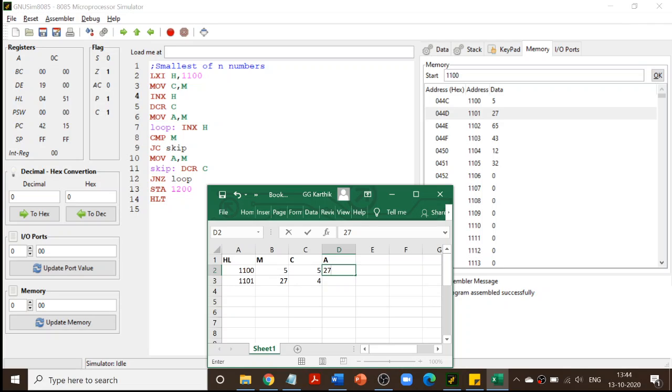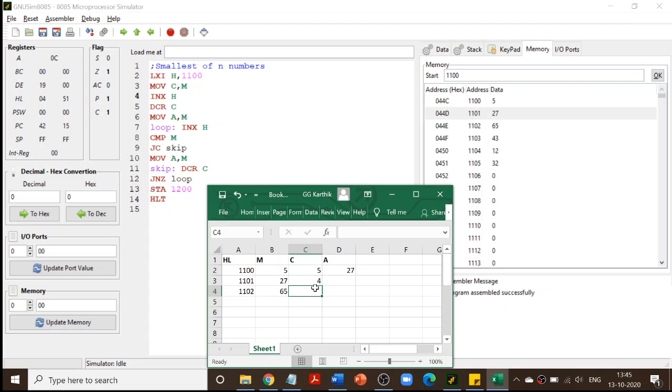Again I am going to say INX H, line number 7, which means increment the HL register pair. The HL register pair becomes 1102. So I have incremented the HL register pair. To make things easier, I specify my M value is 65. You can see the memory location 1102's value is 60, your M. As soon as I increment or change the HL register pair, it is better to always write the M value.